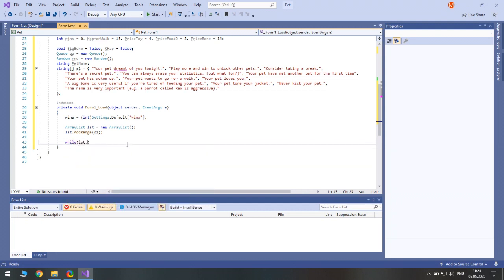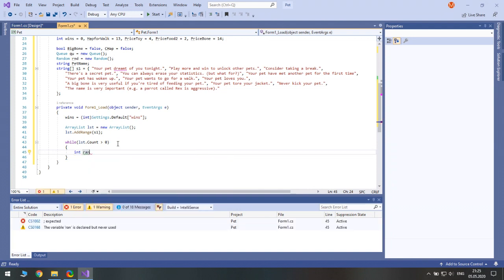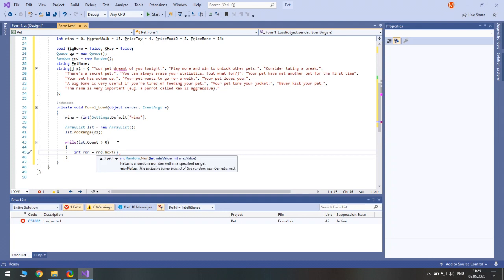While lst.Count is bigger than 0, open curly braces, int ran, that is random, equals rnd.Next, and here the numbers you type are min value and max value, but the min value is inclusive and the max value is exclusive. Pay attention to it. So from 0 to lst.Count.